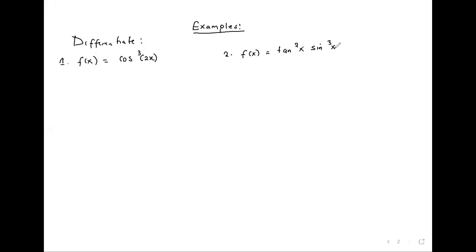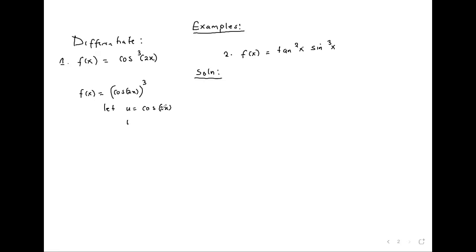Okay, let's start with these two. So the first one, we understand that we can write f of x as cos 2x to the power 3. Okay, and let u be cos 2x,